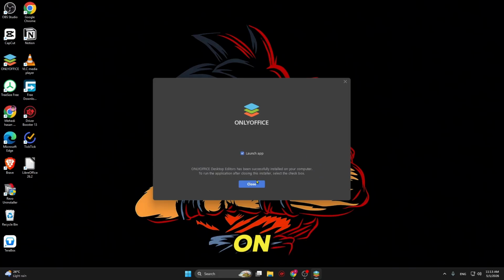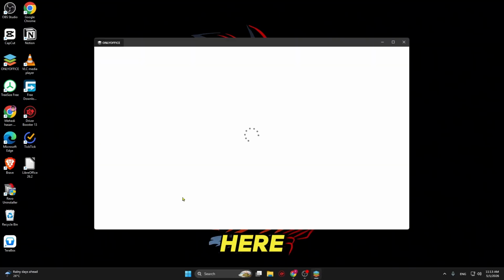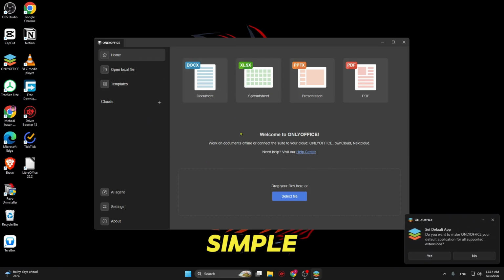And now if you click on the close option, it is going to automatically launch the app over here. And as you can see, ONLYOFFICE is rightly open on your computer in a very simple way. So yeah, this is how you can simply download and install